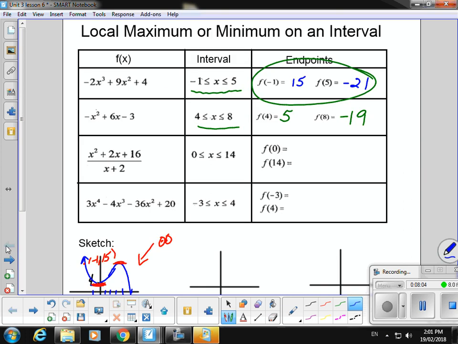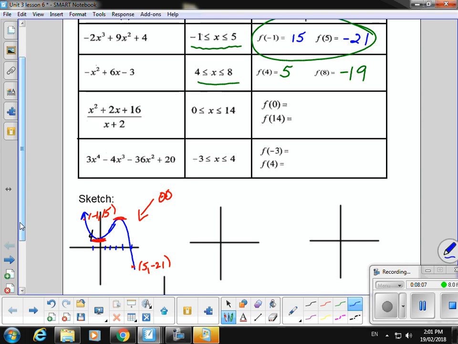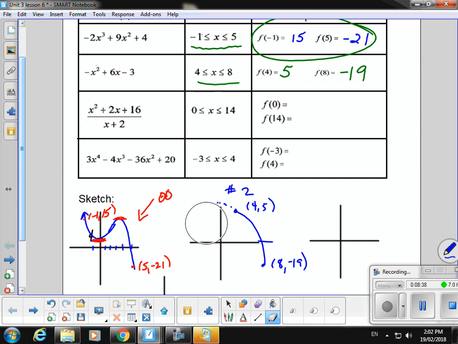Let's look at the graph for a second to make sure all of that makes sense. So our second function is negative x squared plus 6x, subtract 3, but only just a portion of that parabola. So we have a little section like that. And we have our local maximum at (4, 5). And we have our local minimum at (8, -19). There is an overall maximum a little further to the left, but that's not in our interval. If you and your friends can try the next two functions,